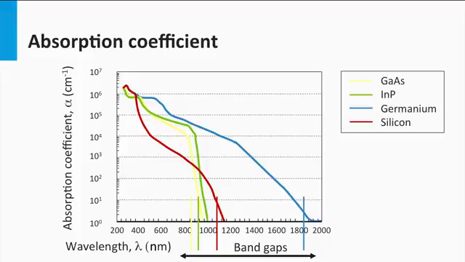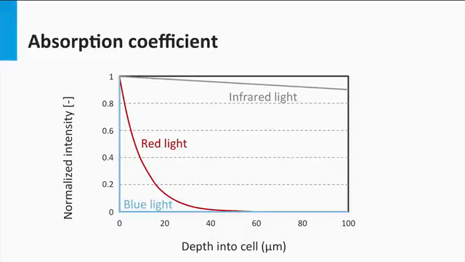In general, all semiconductor materials show that the absorption coefficient in the blue is orders of magnitude larger than in the red. This means that the penetration depth of blue light into the absorber layer is rather small. Let's take as an example the normalized light intensity with position in the silicon bulk. As you can see in this graph, the blue light is already fully absorbed within a few nanometers. The red light requires an absorption path length of 60 microns to be fully absorbed. The infrared light is hardly absorbed, and after an optical path length of 100 microns, only 10% of the light